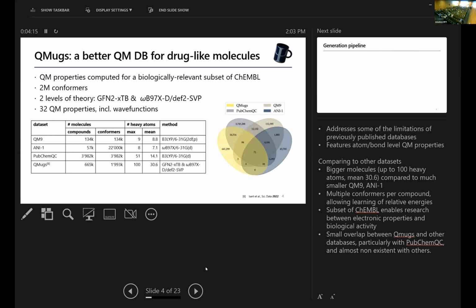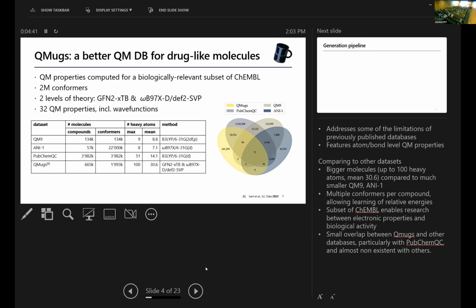We feature the semi-empirical level of theory GFN2-xTB, which is from the Grimme group, and a DFT level of theory with a hybrid functional as well as a single zeta Karlsruhe basis set. We feature about 32 QM properties, including wave functions, and compared to the state of the art or other databases that are out there,